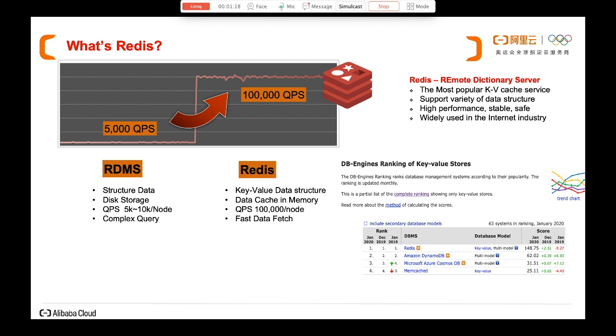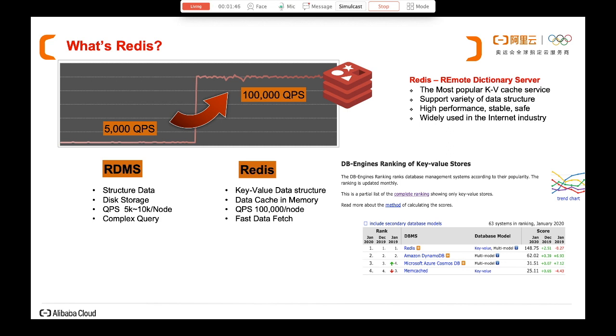It provides a key-value data structure and caches the data in memory, providing fast data fetch. Depending on how you configure it, open source Redis can provide roughly 100,000 QPS per node, which is about 10 times or more than